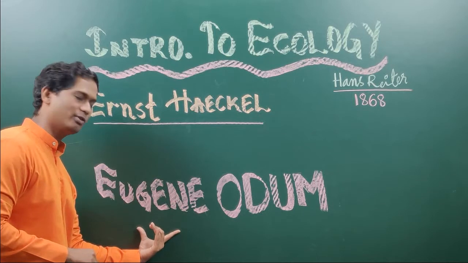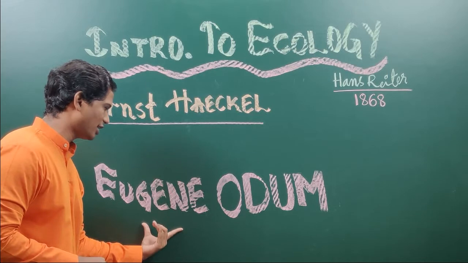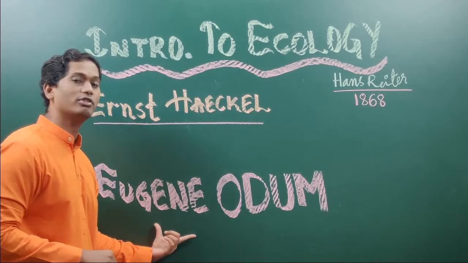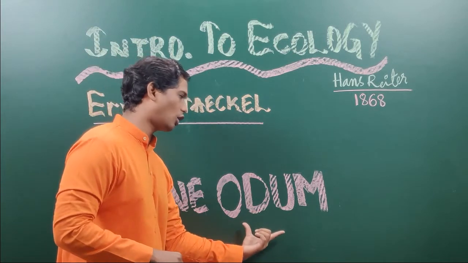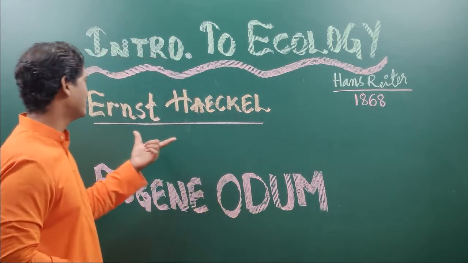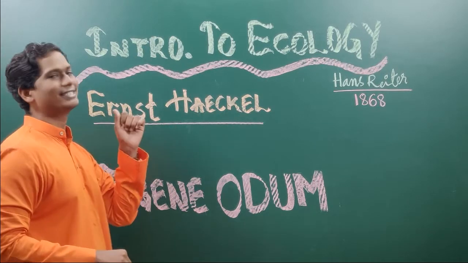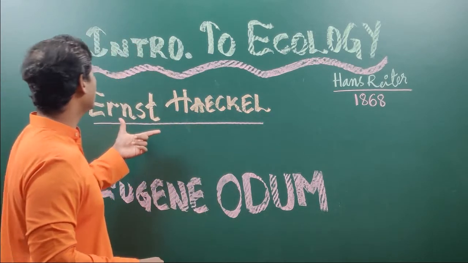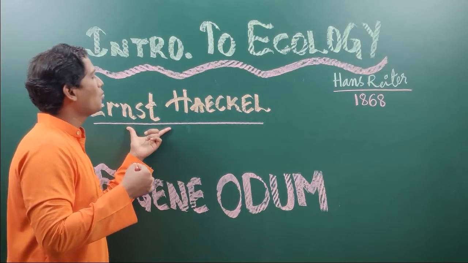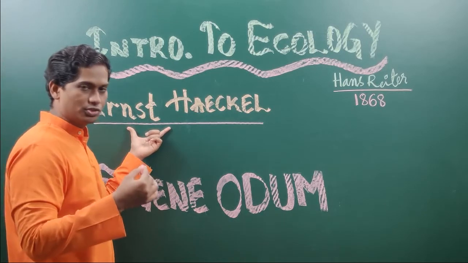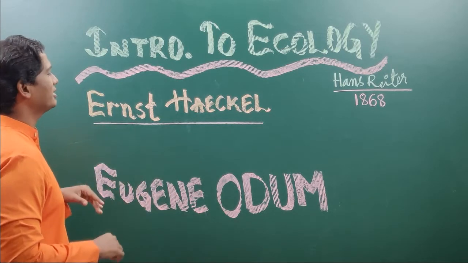And Eugene Odum, we popularly call him E.P. Odum, a professor at the University of Georgia. He is called the father of modern ecology. I will discuss his definition too, what according to him ecology means, and I will also discuss the definition by Ernst Haeckel. I am first addressing the definition and I will make you understand how ecology should be defined. According to Ernst Haeckel, what he says is